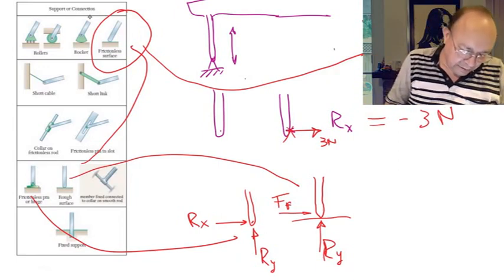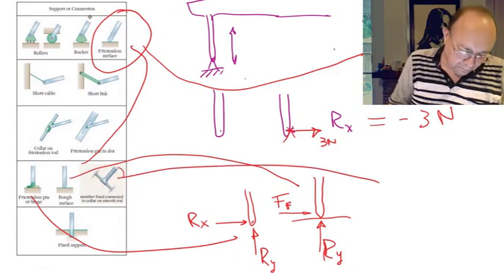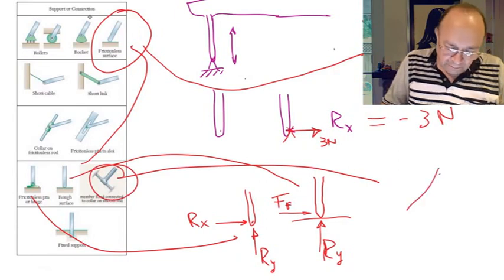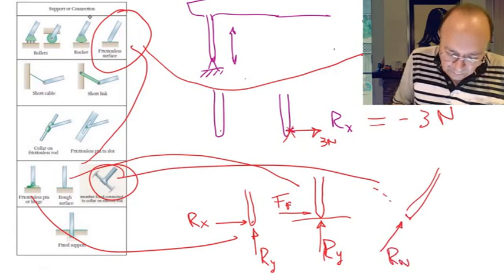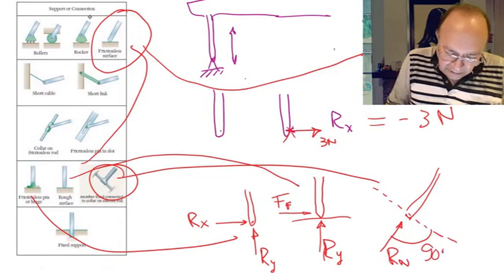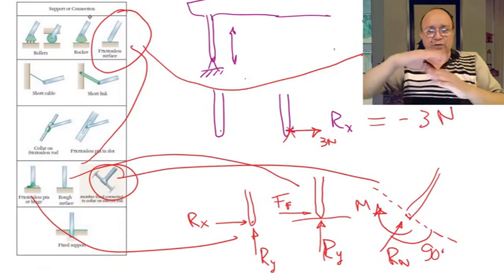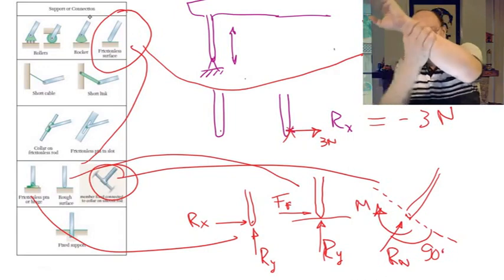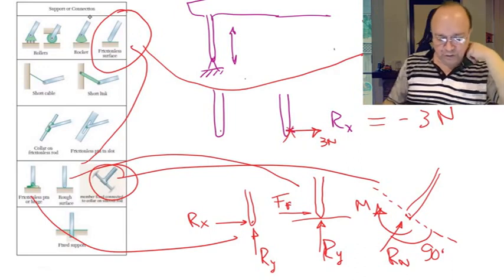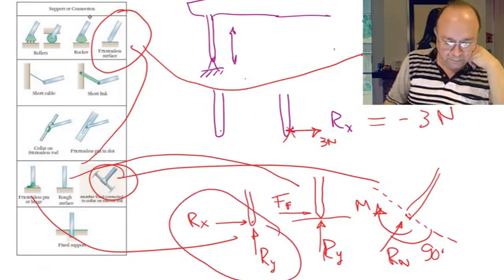In this one right here, then we have a reaction that is normal to the direction of the rod. So this is 90 degrees. And there will be a moment applied here at the support that doesn't allow for the rotation, right? Doesn't allow for the rotation. So you have two unknowns.